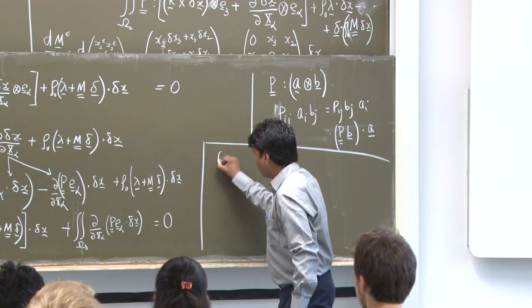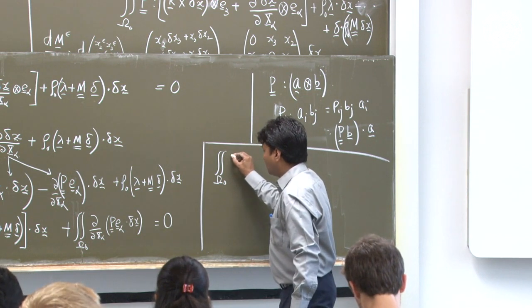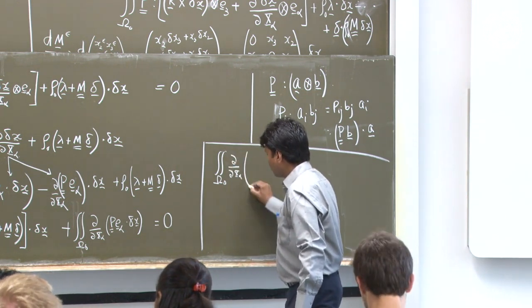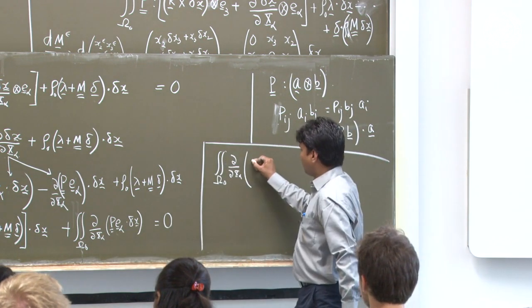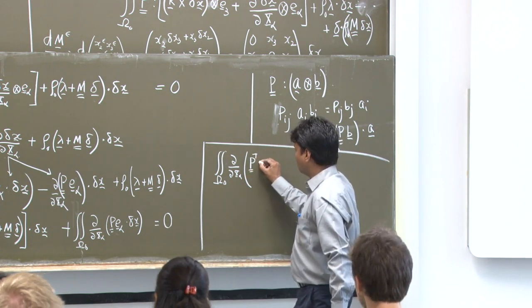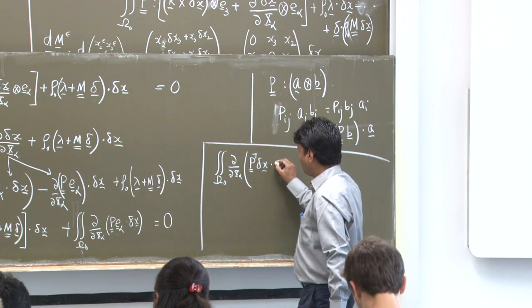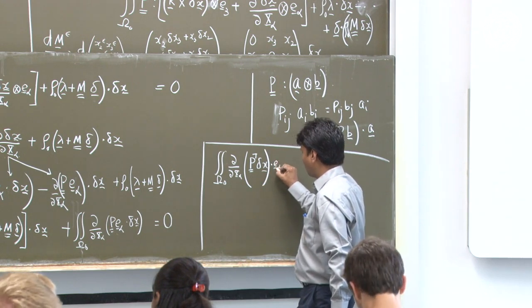Maybe I will write it down separately here. This is integral over omega naught del over del x alpha, and you see I bring this P on the other side, and this becomes P transpose of del x dot E alpha. So, you can also bring it outside, P transpose del x dot E alpha,